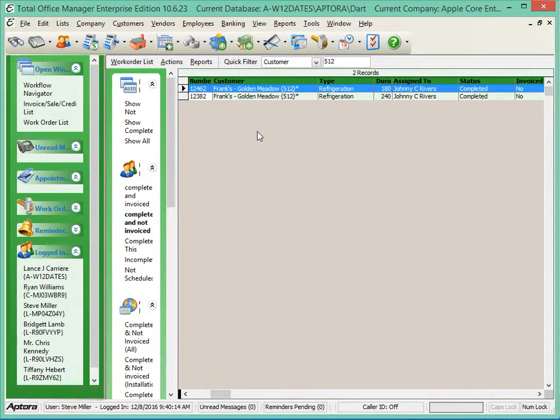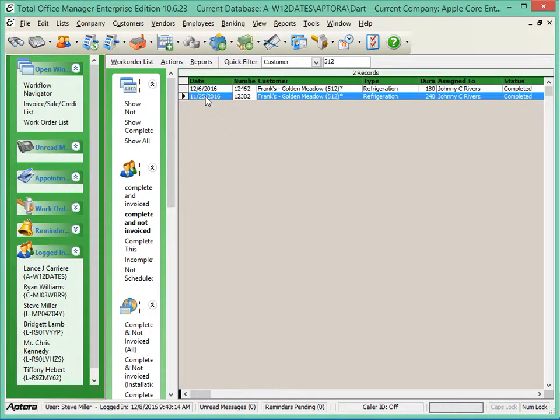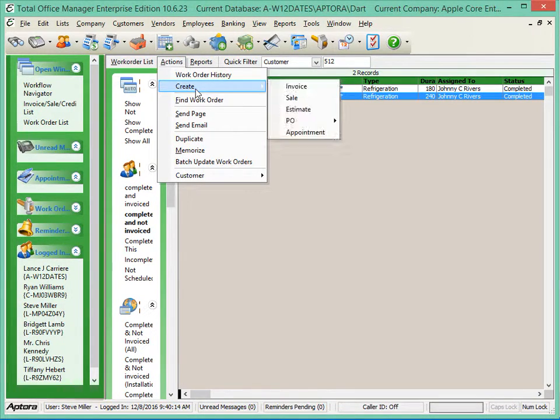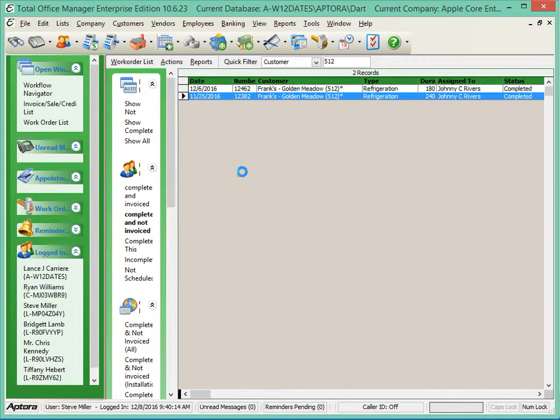Now today is December 8th, and I've got work orders for December 6th, just a couple of days ago, so I really hadn't had a chance to verify the timesheet on that one. So I'm really only going to do this one invoice right now, and the work order number is 12382, and that's important, 12382. So actions, create invoice,